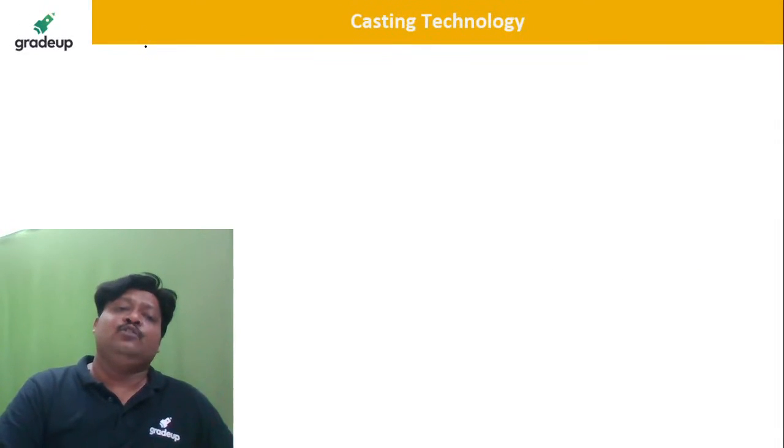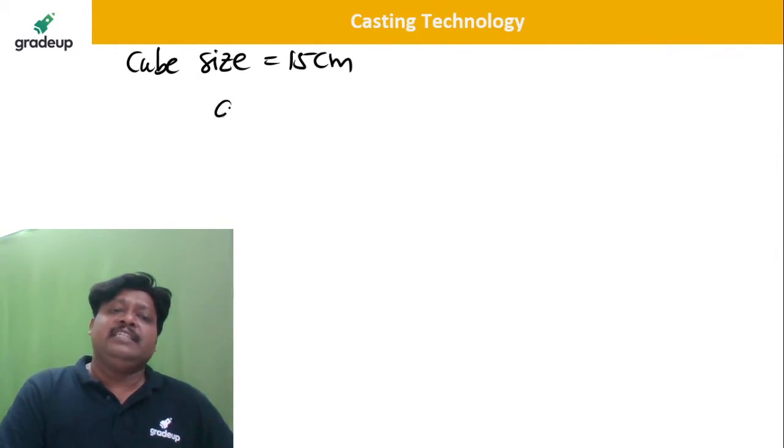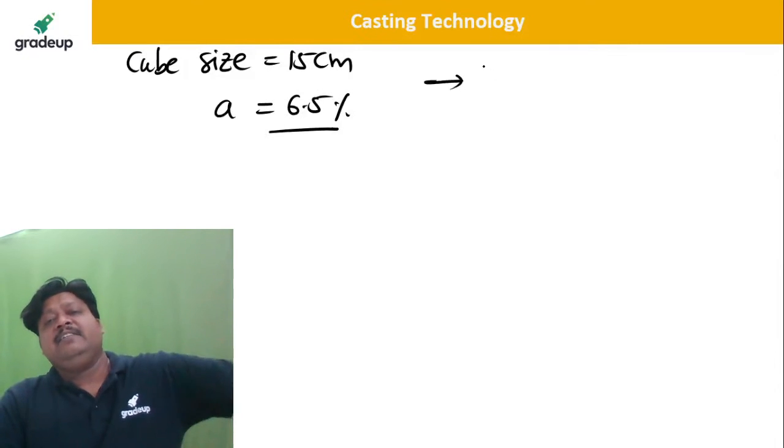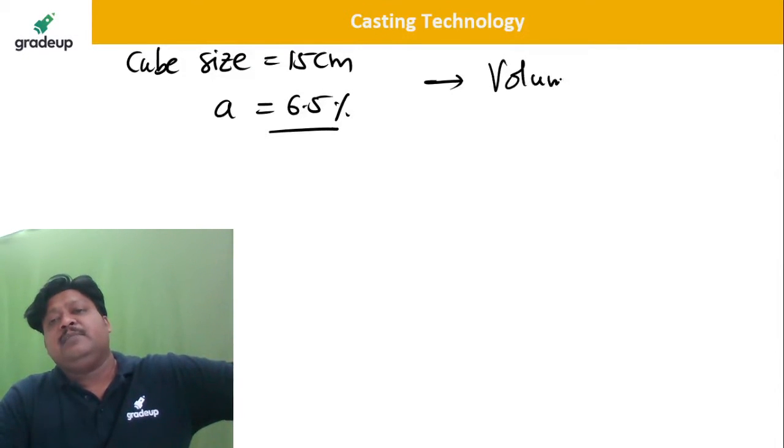And see, there is a cube. The cube side is how much? 15 centimeter. The liquid shrinkage for the aluminum is how much? 6.5%. So when we design the riser with the help of the volume shrinkage consideration method,